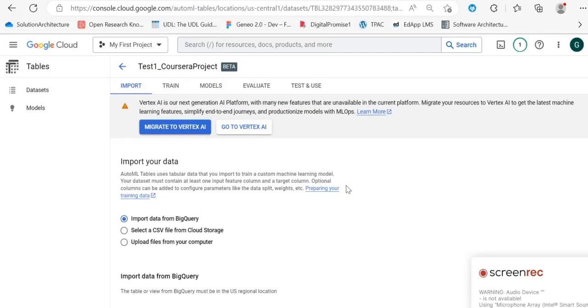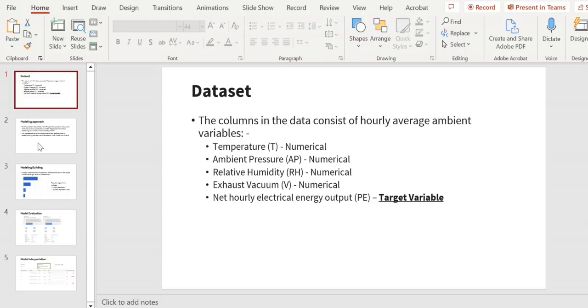So I have used the AutoML tool from Google to complete this assignment. There are these 5 steps that we need to follow: import, training, and evaluating the models. Before evaluating the models, doing the modeling, evaluation, and predicting using it on the test data. So in order to complete this video, I have prepared a presentation that I would like to use as